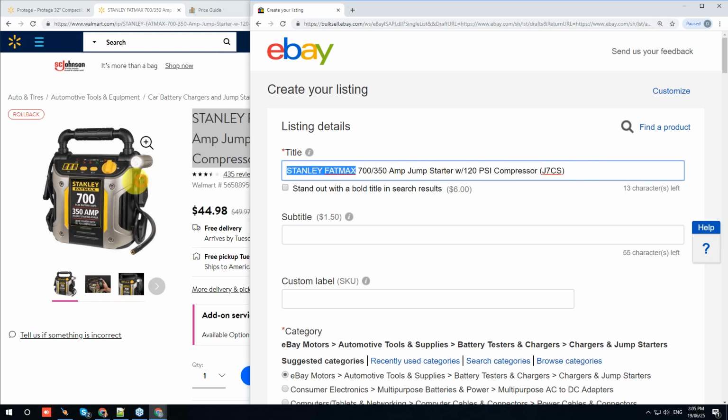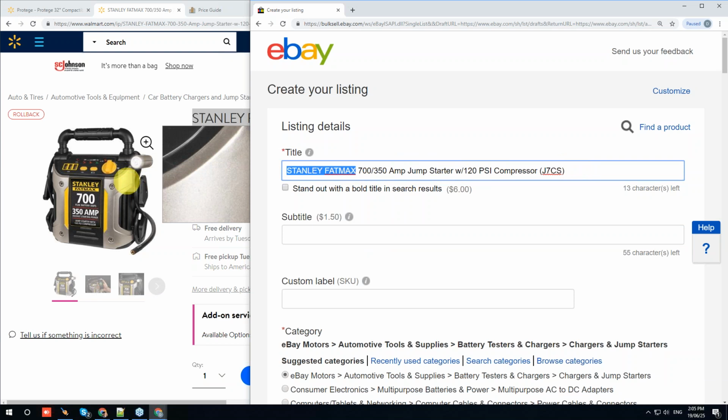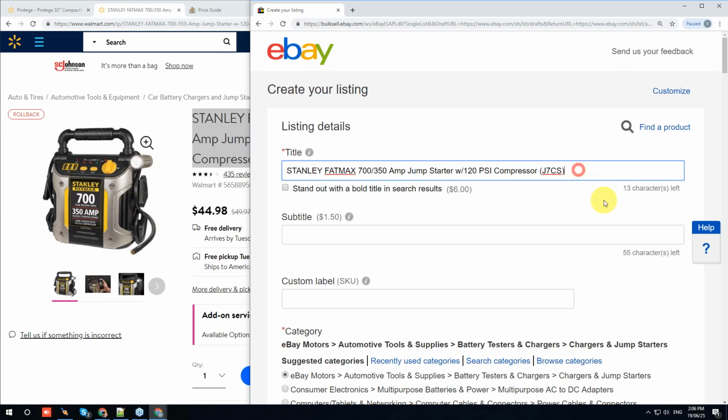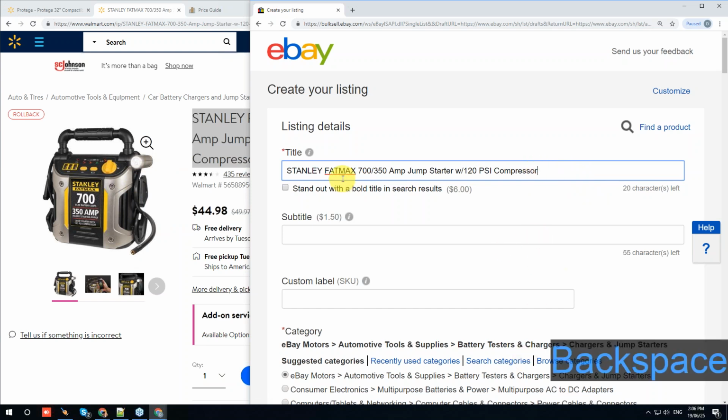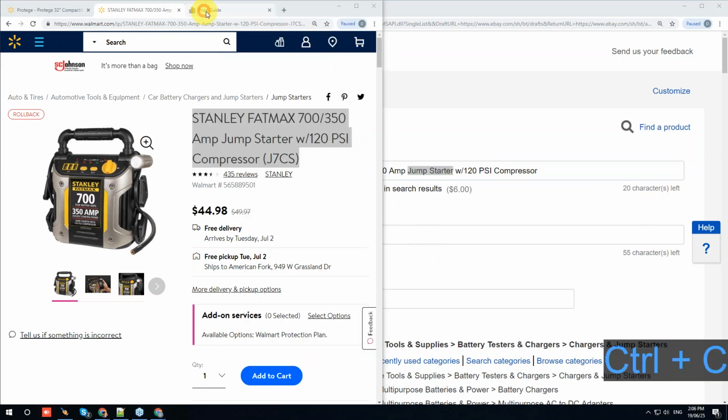Now, later on, we're going to talk to you about the pros and cons of keeping Stanley Fatmax in there for this type of a product. But for right now, I just want to show you the basic core strategy, so I won't get into those details at this moment. But I'm going to get rid of this on the end of it, and then I'm going to add any additional keyword phrases that I think would be beneficial. Now, in order to do this, you can either do a